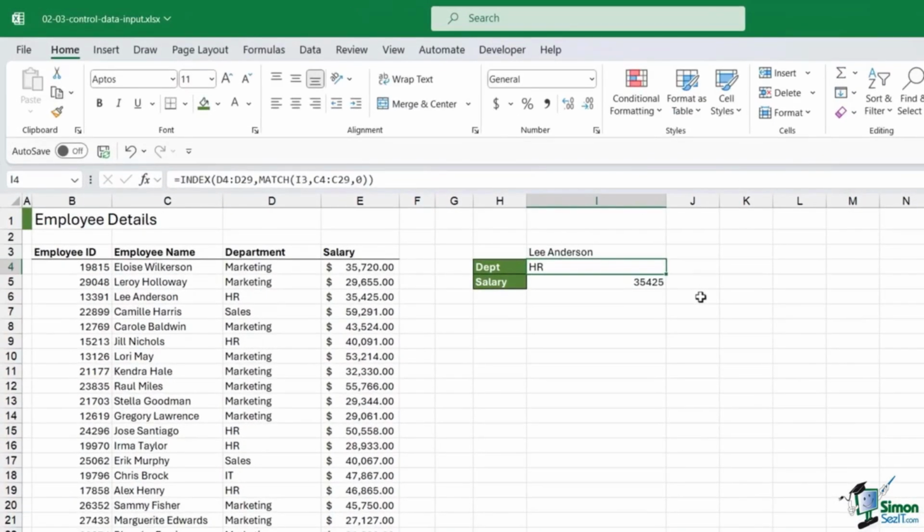And when I hit enter, we should find that it returns the department that he's in and the salary because of these formulas. Now, I can see that the salary doesn't have any formatting, so let's fix that. Let's apply some accounting formatting with 2 decimal places. So that's working fine, but what if I come in